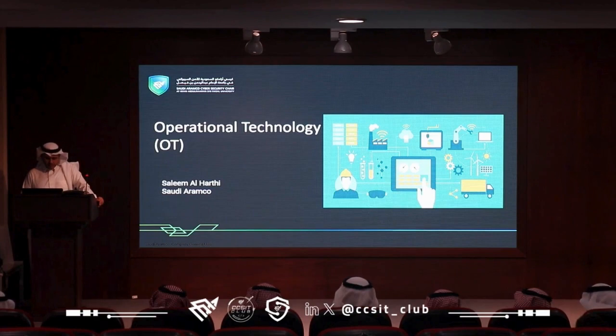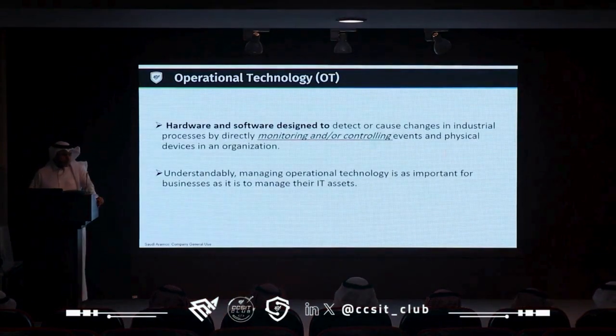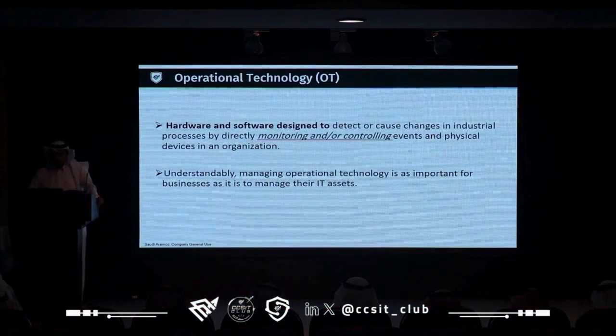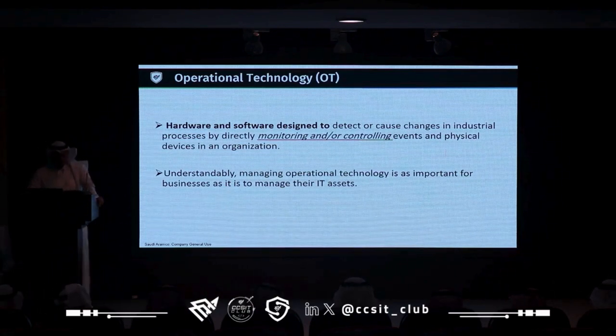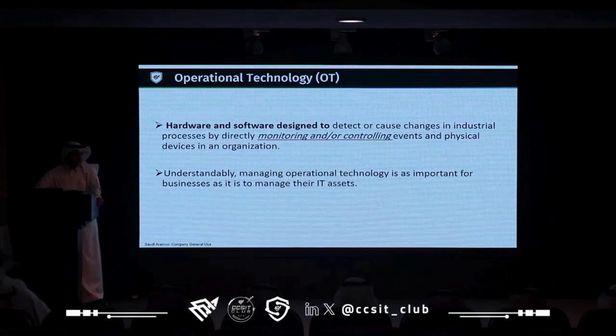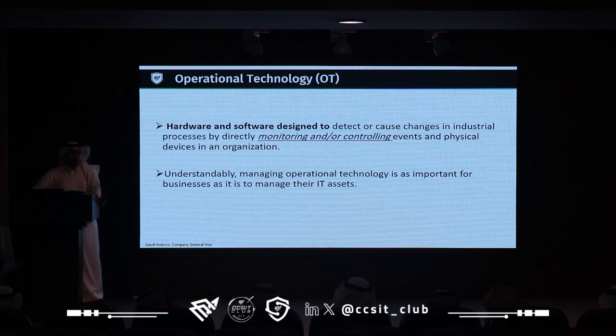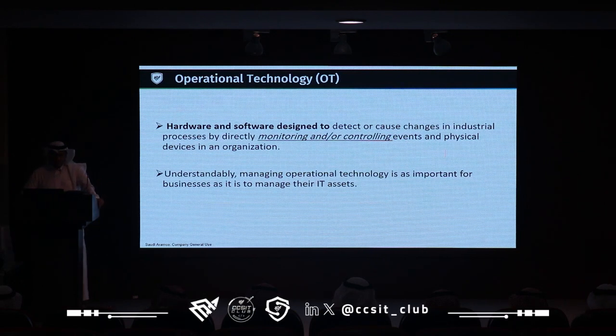We'll start with the operational technology definition. What is operational technology? It is the hardware and software to detect and cause changes to industrial processes by directly monitoring and controlling the events and physical devices in the organization. It's mainly focused on dealing with physical devices in the field, how to control them, how to monitor them. That includes all aspects of the operation done by these physical devices. And it's not dealing only with that, with data and information, as we are seeing, it is as important as the